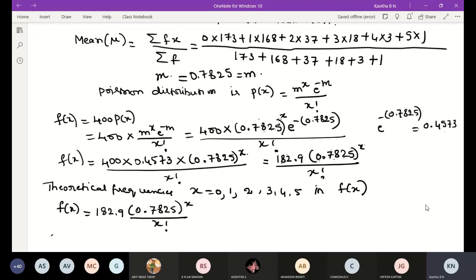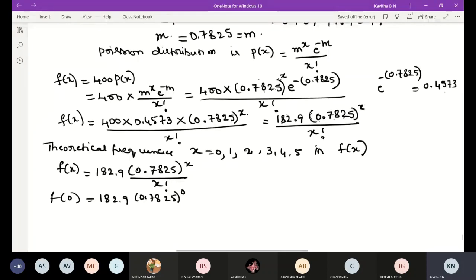Okay, put x is equal to 0 here, then use the calculator, simplify and tell me the answer. All of them, not only one student, all of them. Only 10 days are left for your IA. Then I will complete your portions on Wednesday. Then I will do the revision on Friday and Saturday. Okay, tell me the answer. What is the answer here?